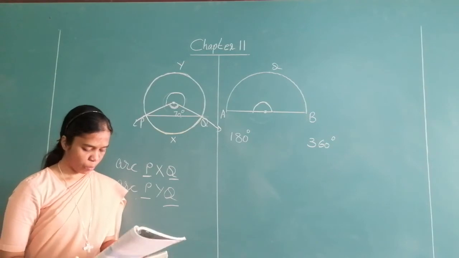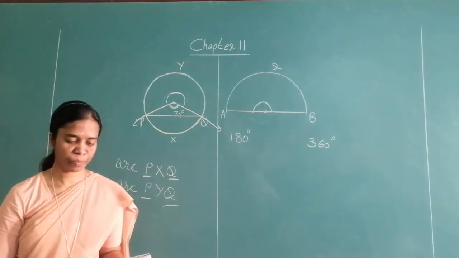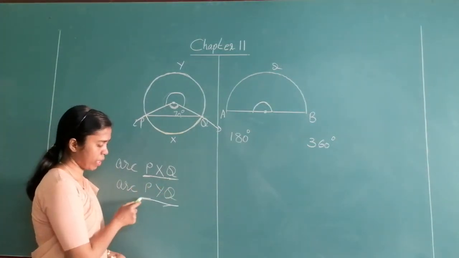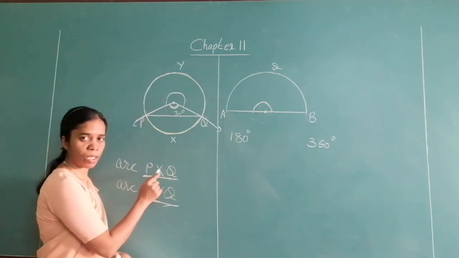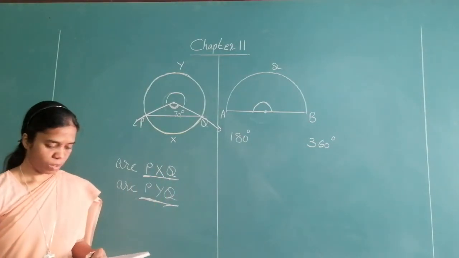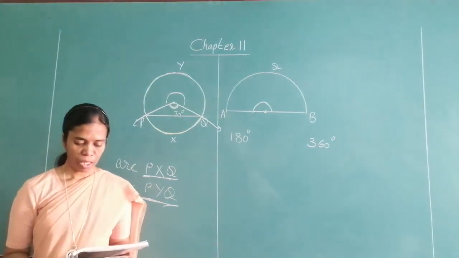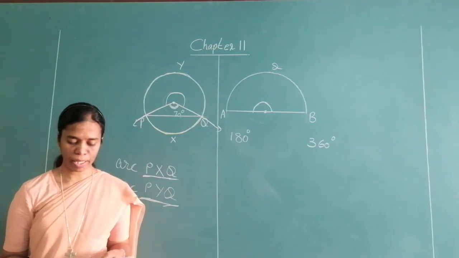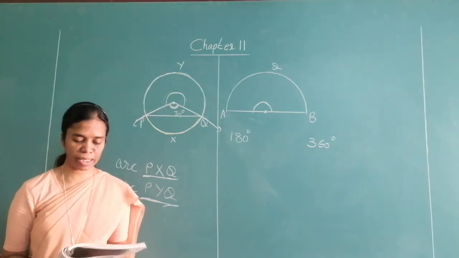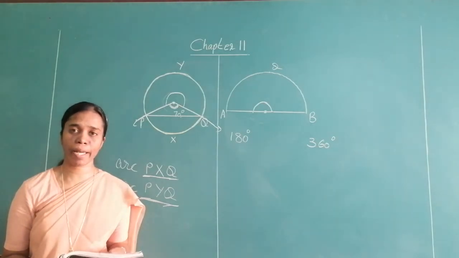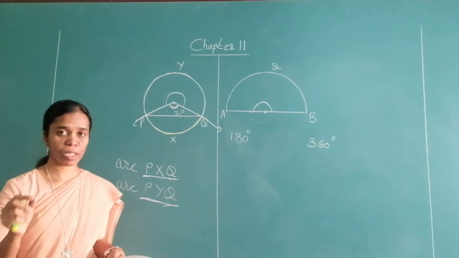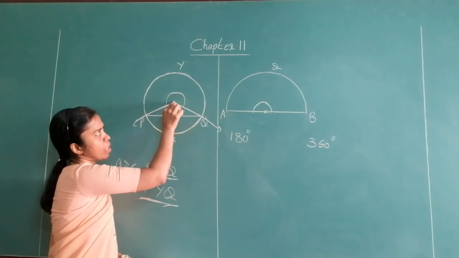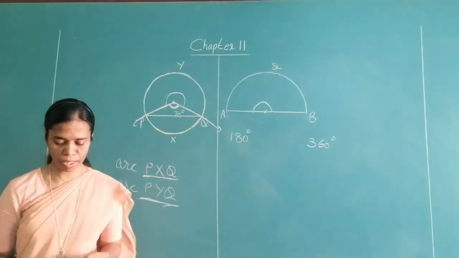Okay? I want you to take page number 78 of your textbook. And please take care how to name the arc. Please name it in 3 letters: the endpoints and the one that is on the circle. Page number 78. Under central angle and the measure of an arc, please underline the second line. An angle whose vertex is the center of the circle is called the central angle. You can see this is the angle whose vertex is the center of the circle. So it is called the central angle.